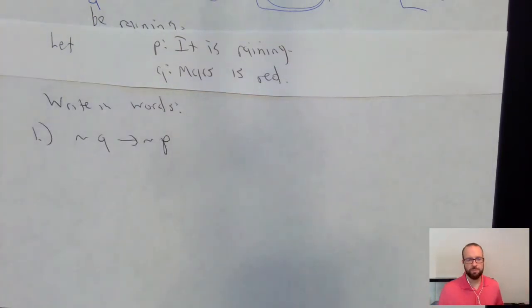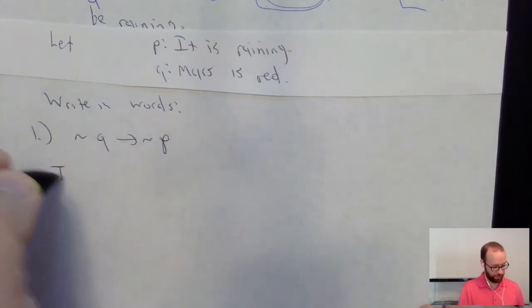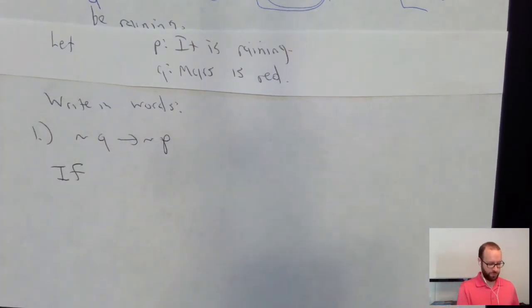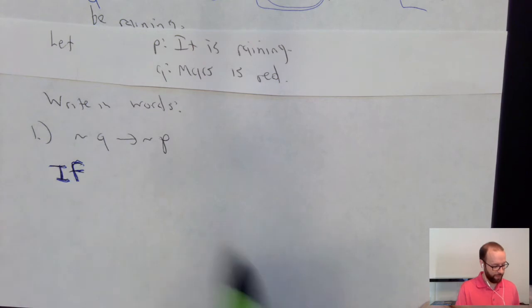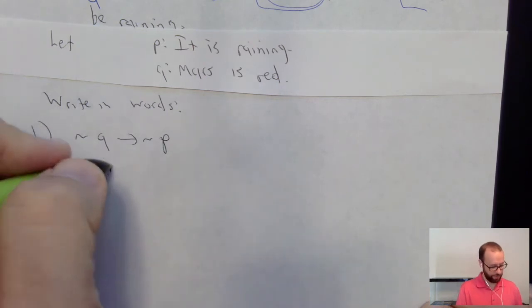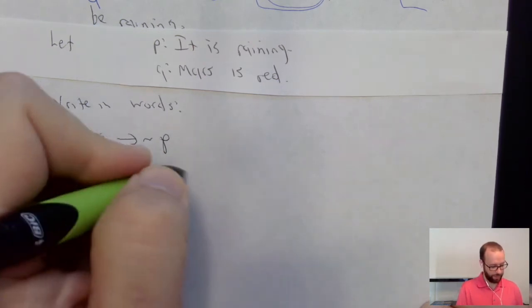Thankfully, going from symbols to words for the conditional is actually easier than going the other way. All I have to remember is when I get to the conditional part, I want to start with an if. So I can see this is a conditional, if, sorry, I should be writing in blue, since that's what I'm writing answers in today, not Q, so if Mars is not red,